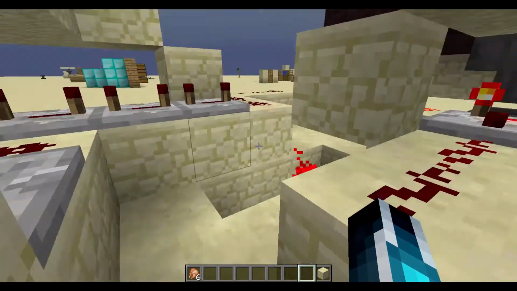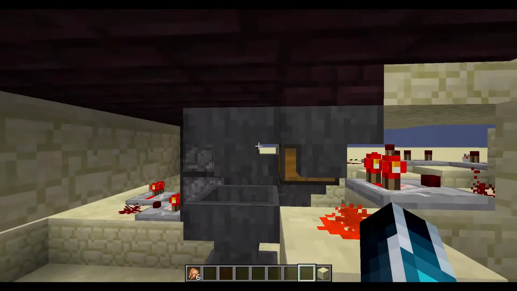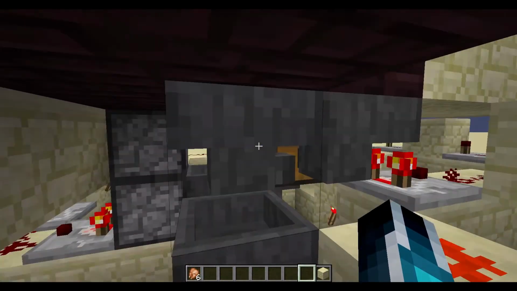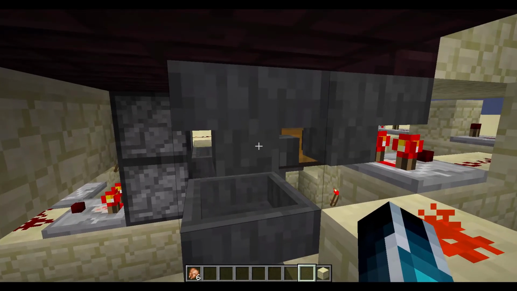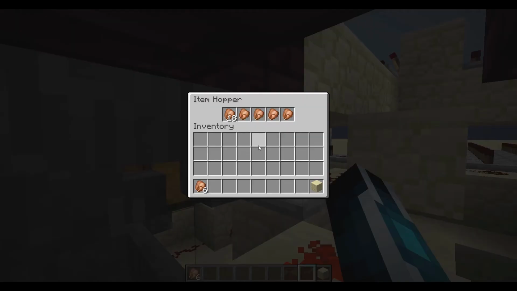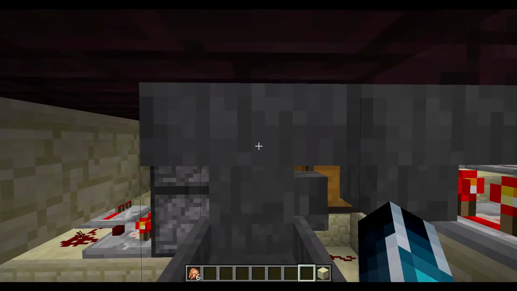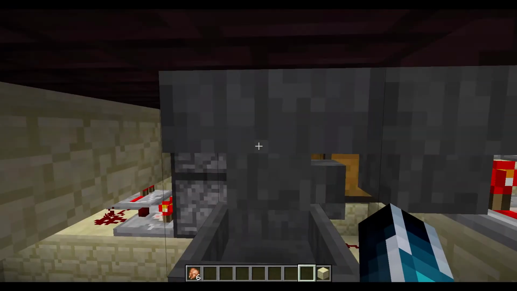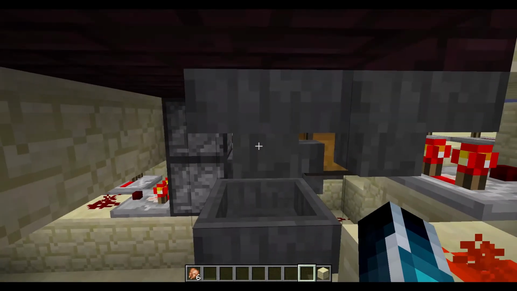And then the same over here, we need to filter only the cooked chicken out of it. So I have the same over here. This hopper will try to first put some food in here. Now this hopper will also try to take food from here. So what actually happens, he wants to put food in there. Now only cooked chicken can go in here. So if the first item is a feather, then this hopper will take the feather because the feather can't go in here. If it gets a cooked chicken,